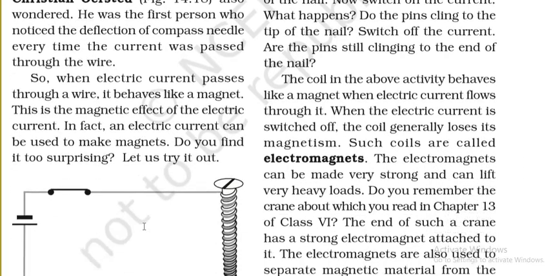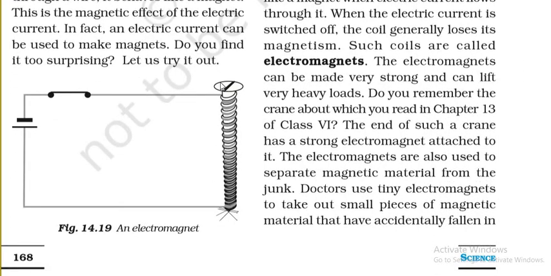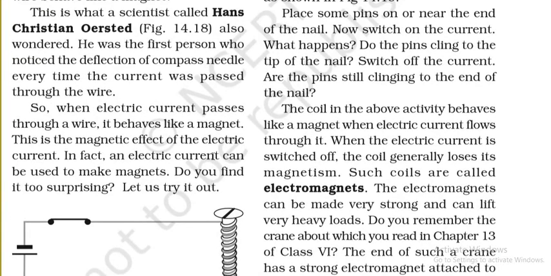Now you can also try out an experiment for the same. You have to take a big iron nail, wrap a wire around it, and then put a battery to it and put a switch in the on position. And when the current passes through it, you just have to place some little iron nails or pins near it. What you will observe is that these iron pieces, iron nails or iron shavings will get attracted towards this wire, towards this iron nail. So likewise you can say that it is now behaving like an electromagnet, right? So this is how the electromagnet works.